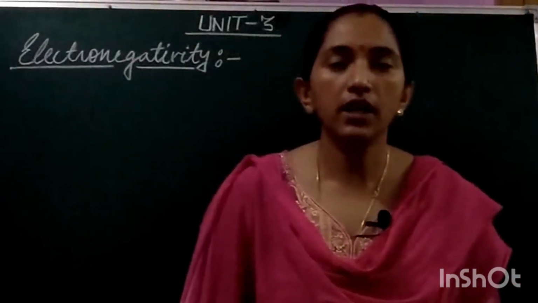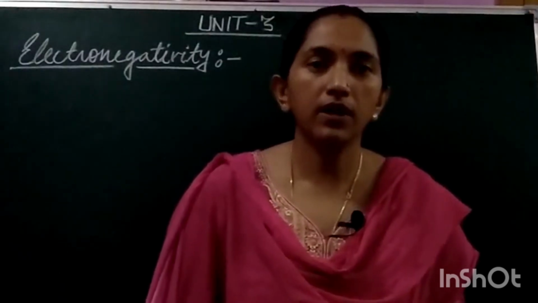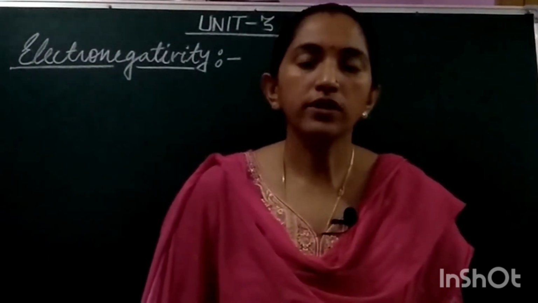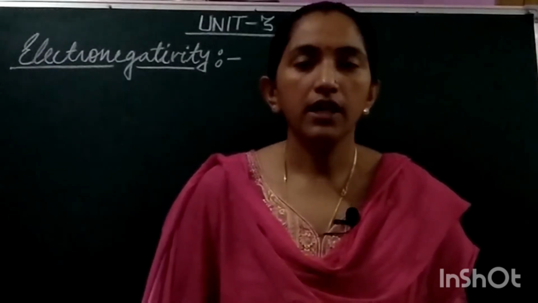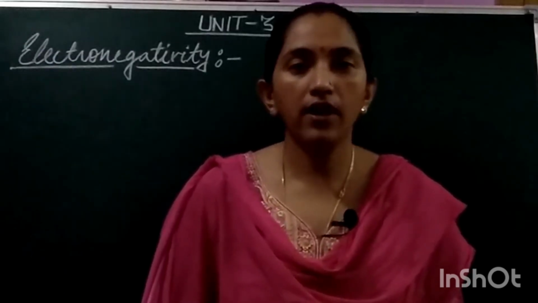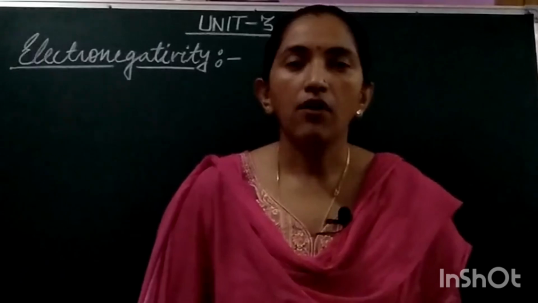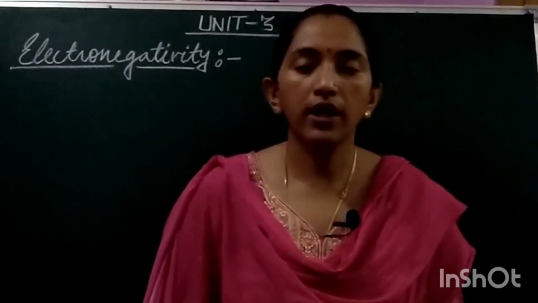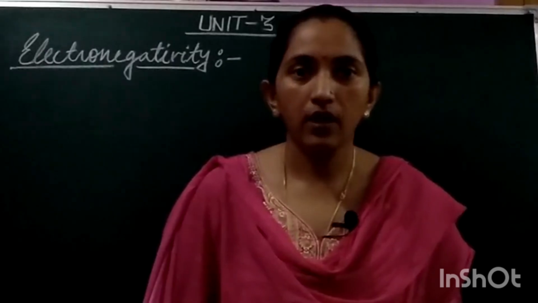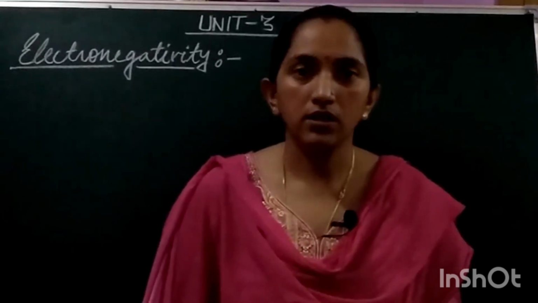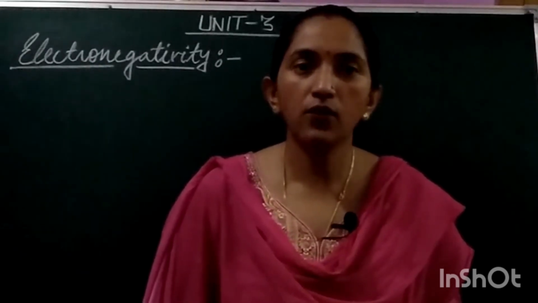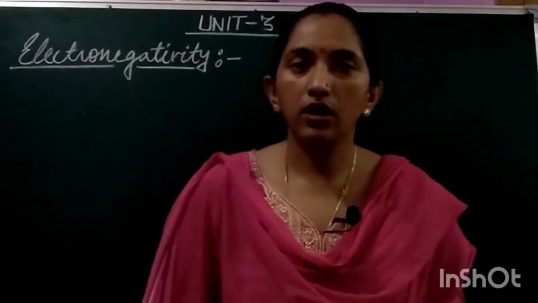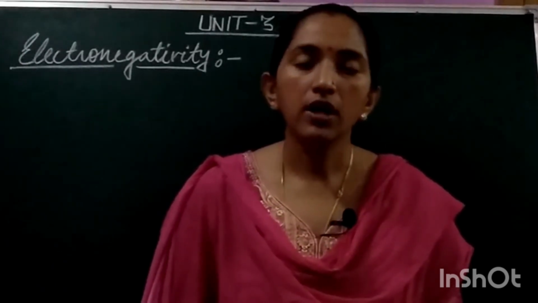Today we are going to study the next atomic property, that is electronegativity. Now, students, what is electronegativity? It is the tendency of an atom of an element to pull the shared electron pair toward it in a covalent bond. Now, students, when a covalent bond is formed, it is formed between either two homoatomic elements or between